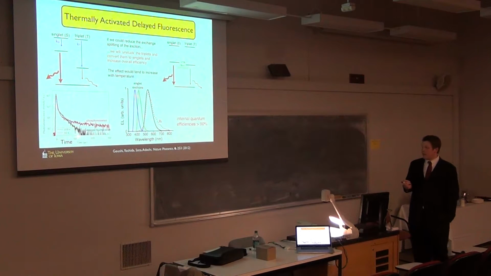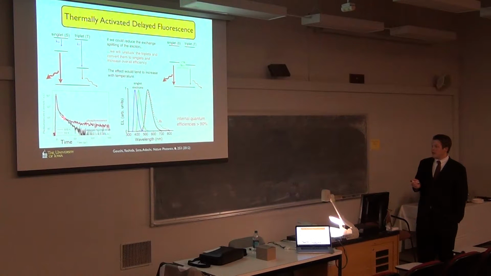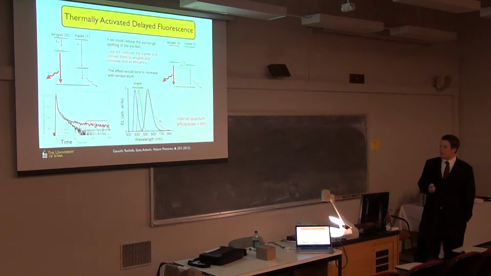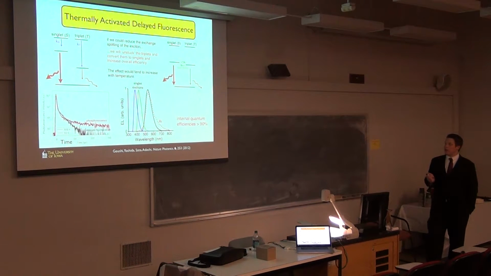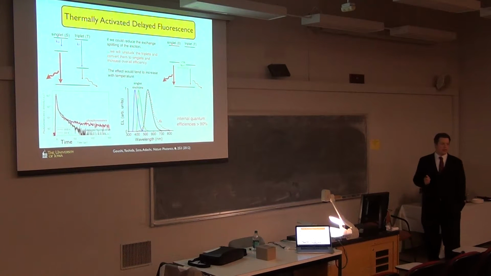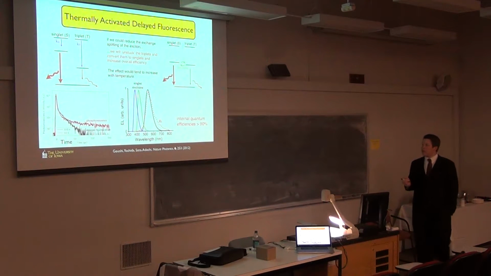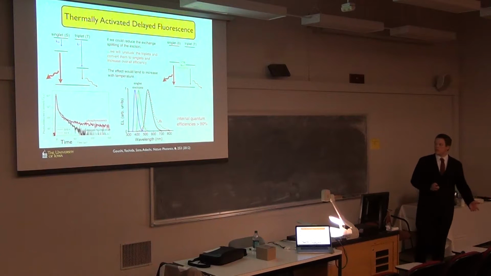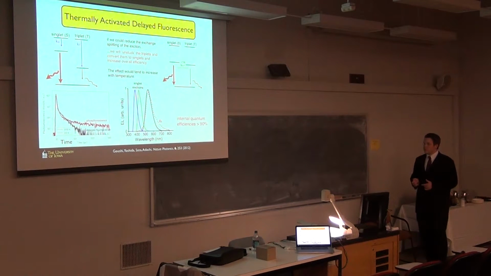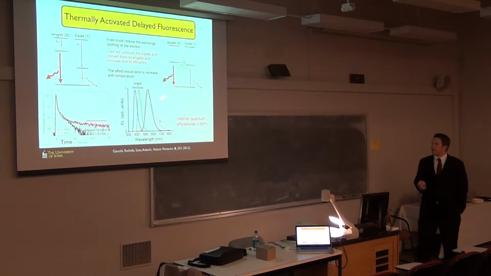Now, and the black is at 300 Kelvin. And now we see the short time scale again, but then we have this longer but not really long time scale. And that's believed to be this upconverting of the triplets to singlets. And this is allowing you to convert those wasted triplets, they were wasted before, sitting there. Now you can convert those back to singlets. So before we had quantum efficiencies of 25%, and through this mechanism, you can increase it to over 90%.